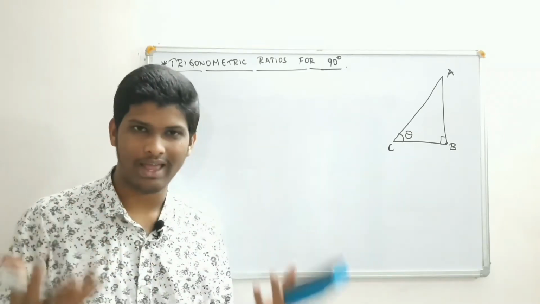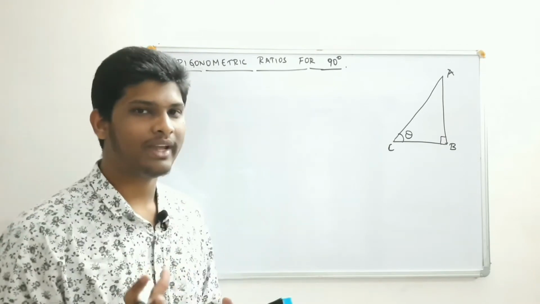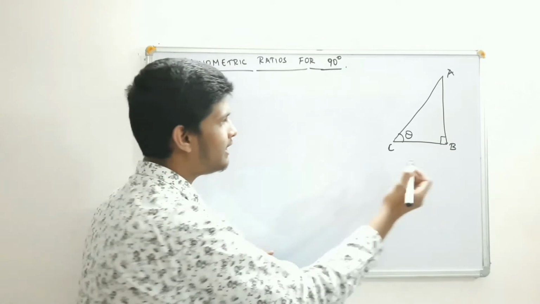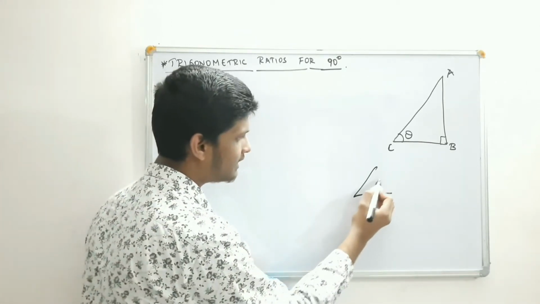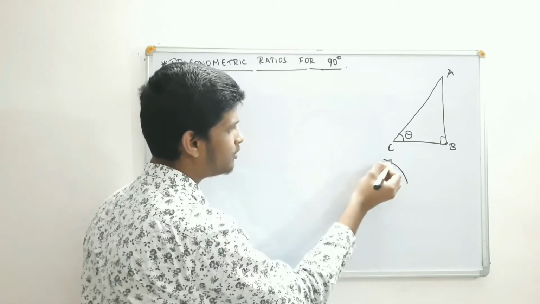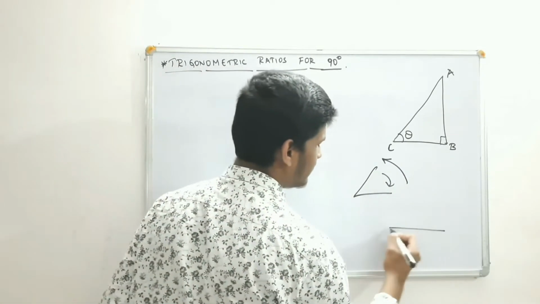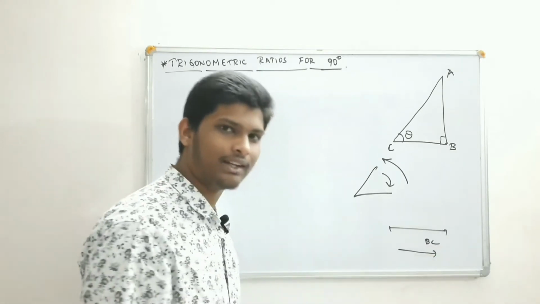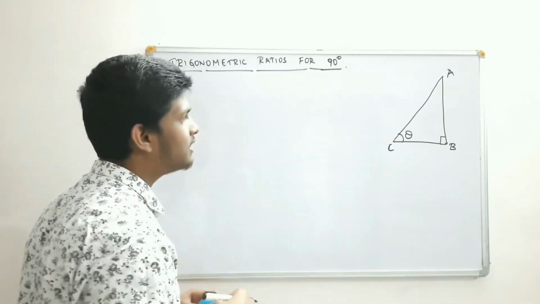Again, here we have one acute angle, we should make that one 90 degree. So we should make this angle theta 90 degree. Now it's some acute angle, and 90 degree means it's like this. This time we should increase. For 0 degree we decreased the angle, and this time we should increase the angle for 90 degree. If you decrease, this length BC will decrease.